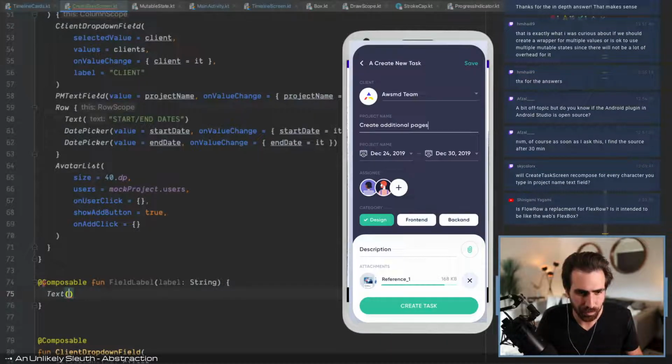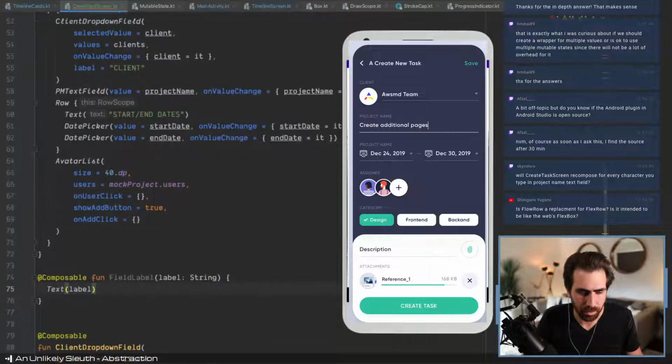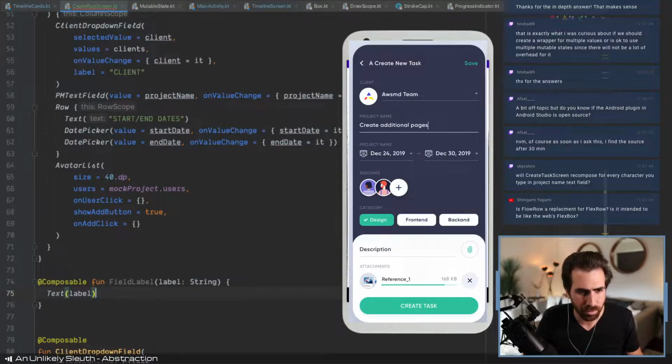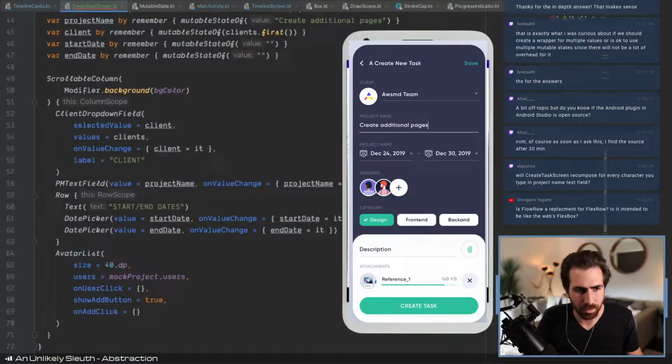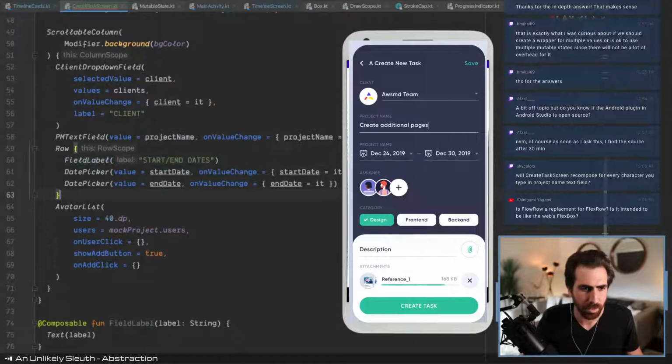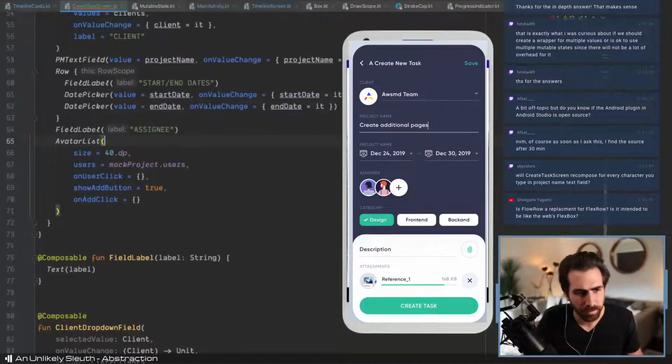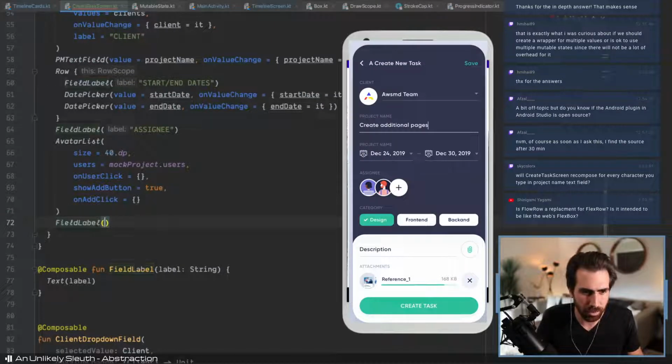So let's just start with that, it's fine. So I'm gonna change that to field label, and then let's use this. We'll say assignee. Okay, and then we're also gonna have category,